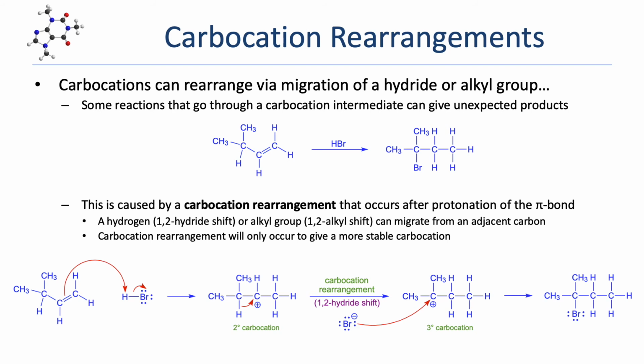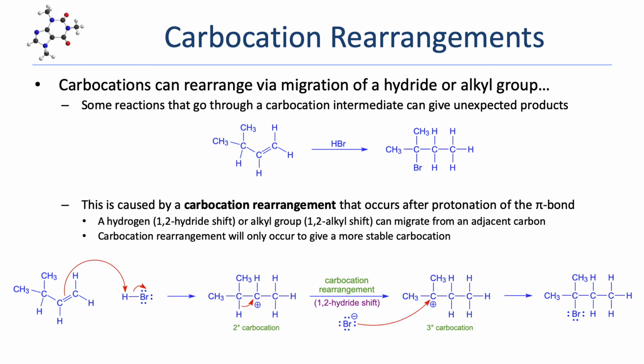That 1,2 hydride shift results in the rearrangement of the carbocation from a secondary carbocation to now a more stable tertiary carbocation. The newly formed tertiary carbocation is then attacked by bromide to create a carbon-bromine bond and complete the mechanism. This kind of carbocation rearrangement can occur from either a 1,2 hydride shift or a 1,2 alkyl shift, the